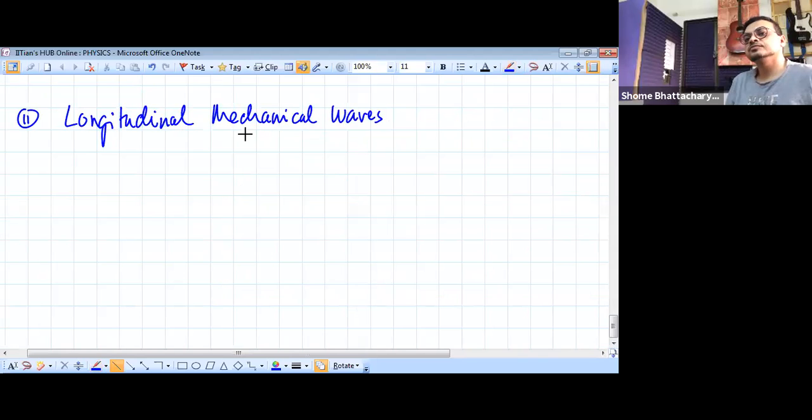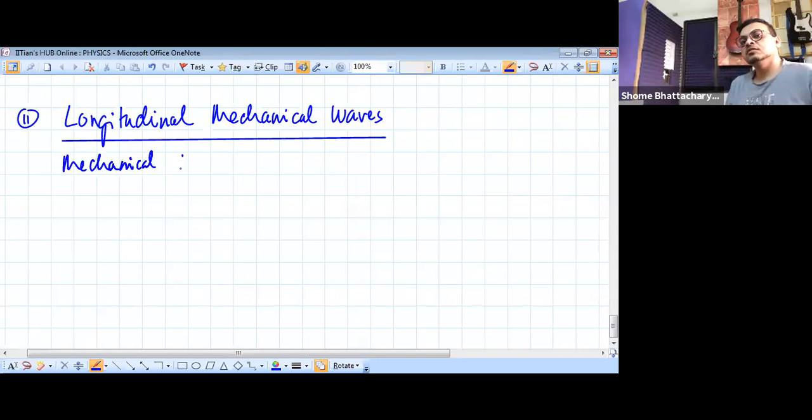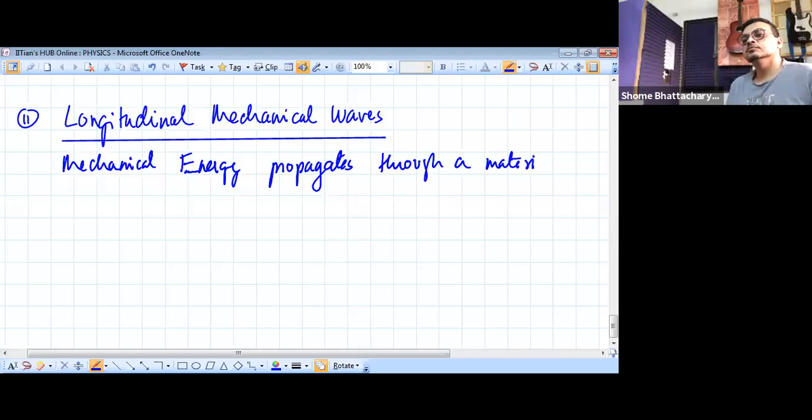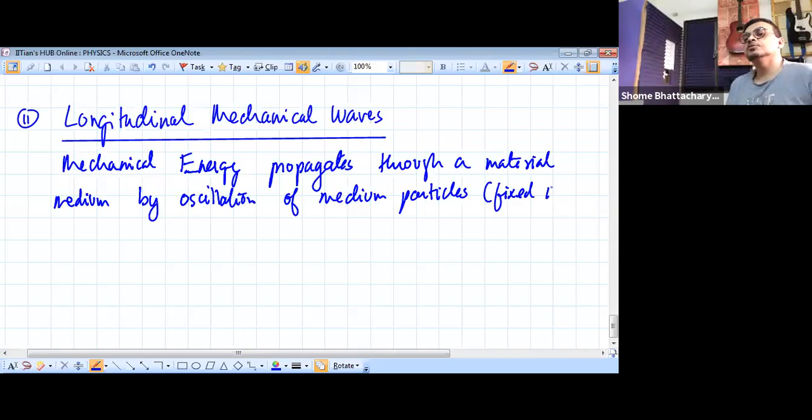So this is a situation where mechanical energy propagates through a material medium by oscillation of the medium particles, but they have a fixed mean position,